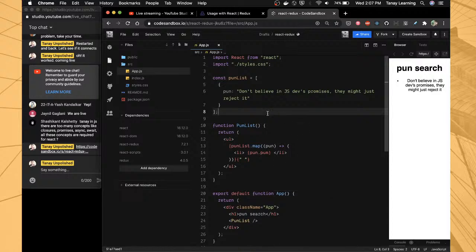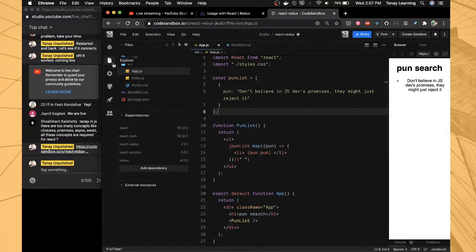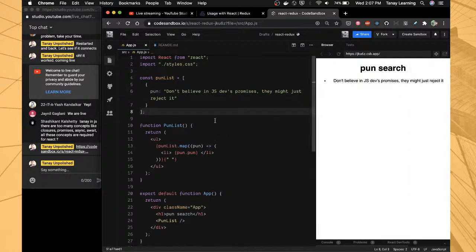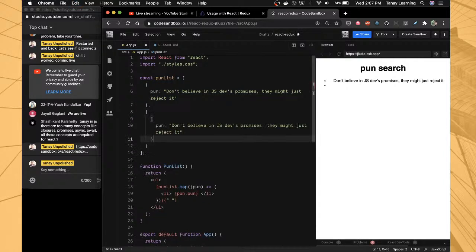A lot of times you ask how to make a complex app. The idea to make a complex app is you make it simple first. First render the view, then start doing things with it. So the first thing I want to do is make this data dynamic, right? But this is what my view would look like. If I add one more pun to it, it will just come up, right? That's the beauty of this. If you add one more pun,